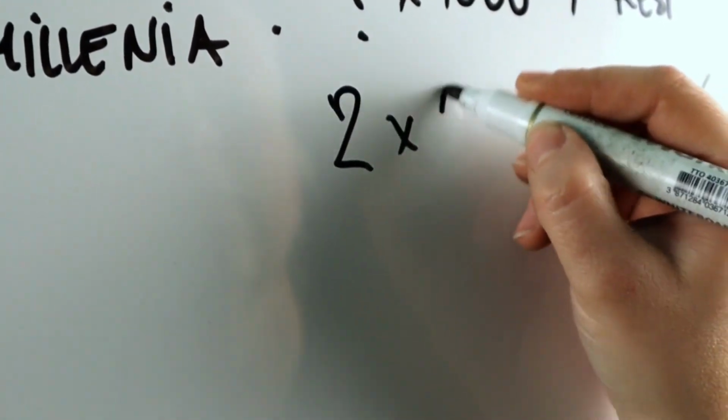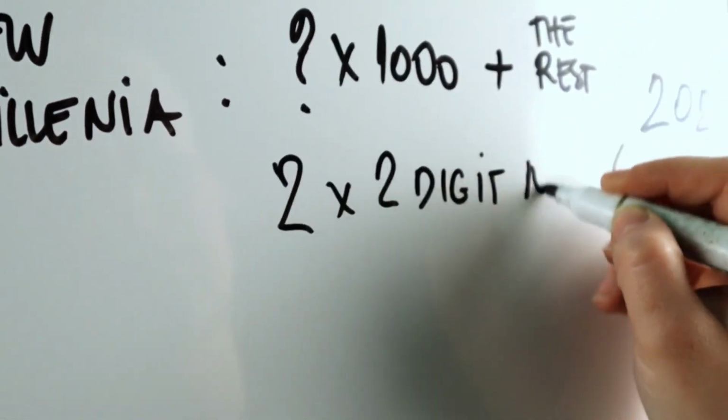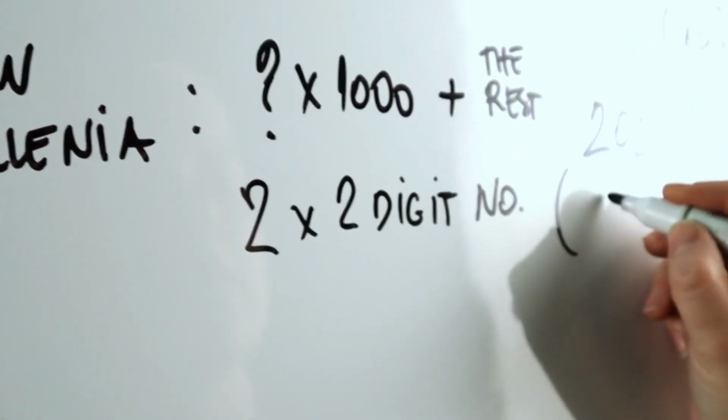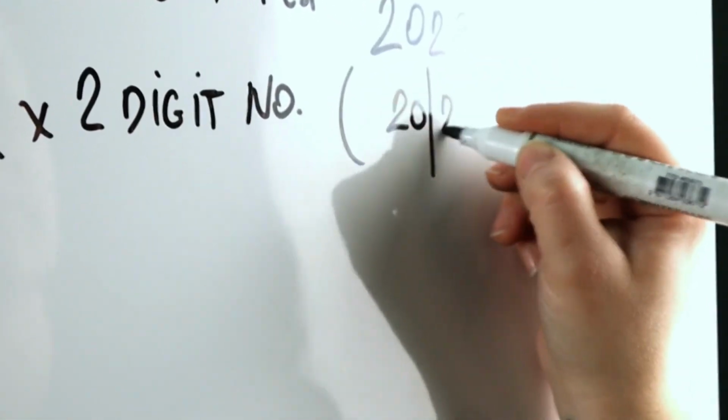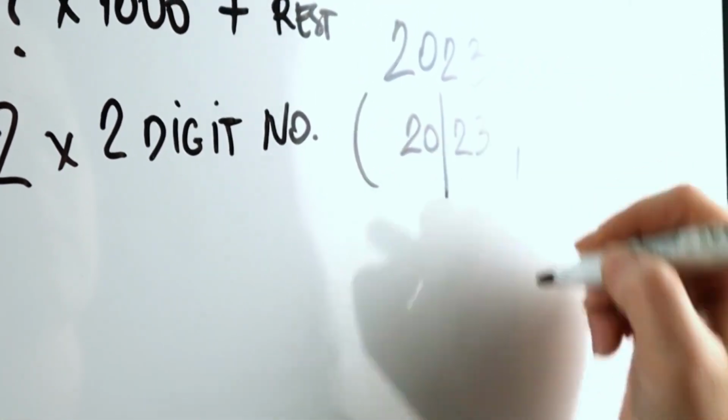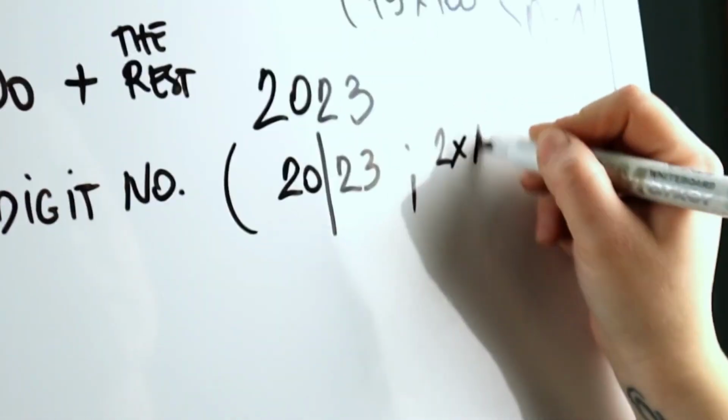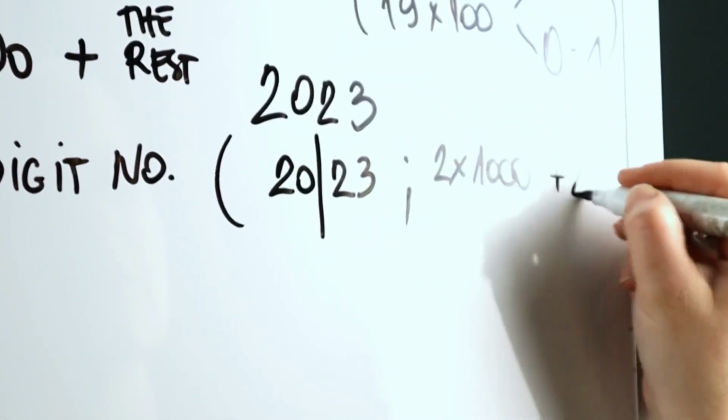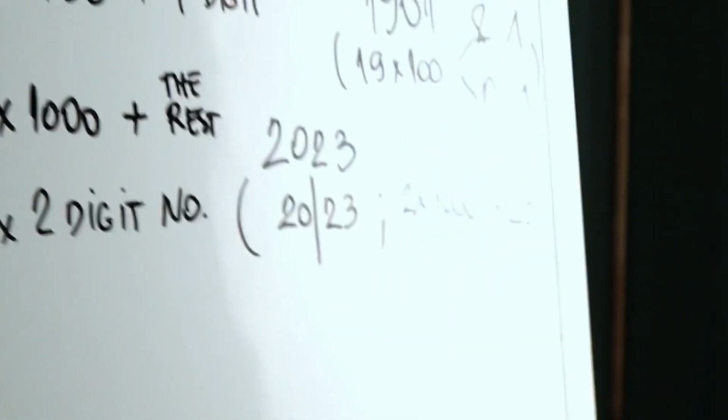For example, if we had a year which says 2001, that would be a mathematical calculation as follows: 2 times 1000, and then the rest. So 2001,